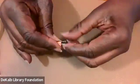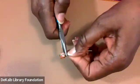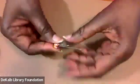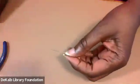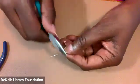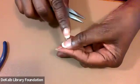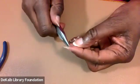Okay, so now I'm going to go ahead and squeeze my little loop down here towards my wire. Just squeeze it, like I did the other one. There we go. And let's finish what we started. Oh, goodness gracious. All right. So I'm going to go over here to the other one and start this. I think if I don't have this to bump into, it might be a little easier. Let's try that. So I've started this one. It's not finished. I'm going to finish it in a minute, but I'm going to go ahead and start on